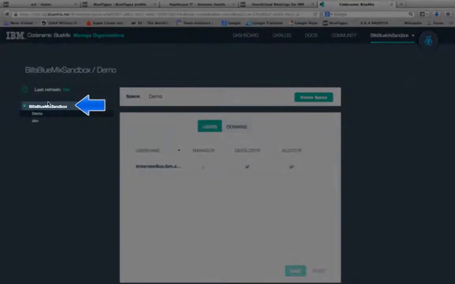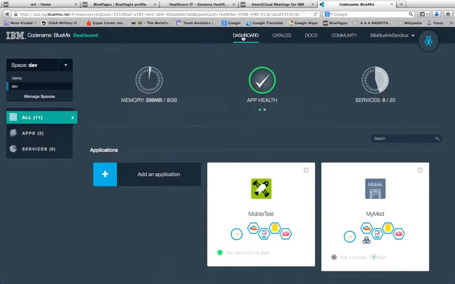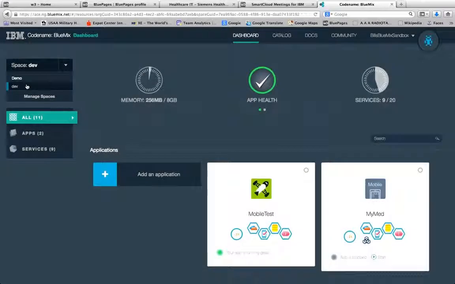But right now, I'm going to go back to the dashboard. I'll click on my sandbox. And then from here, I'm going to click on Dashboard. And you see that my dashboard shows that I have 1 or 2 other applications that I've built, but we're going to build this new one today. It also shows that my demo space has been created,